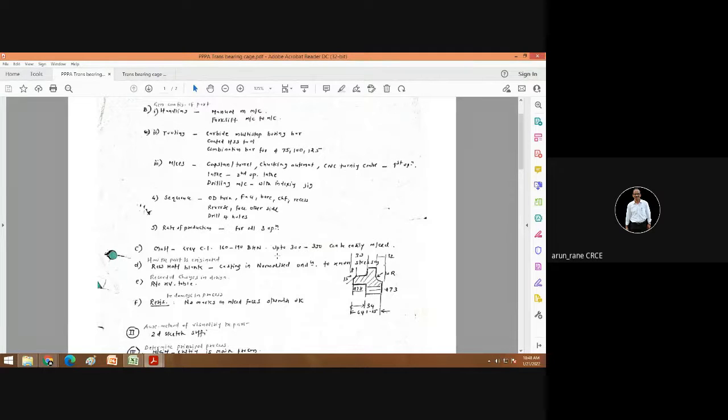So it is in soft condition. It can be machined up to 300 to 350 BHN, remember.